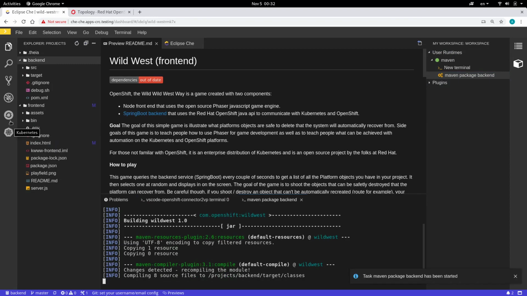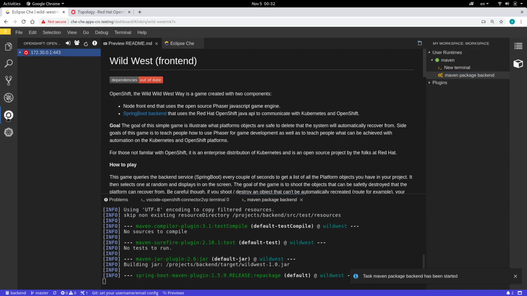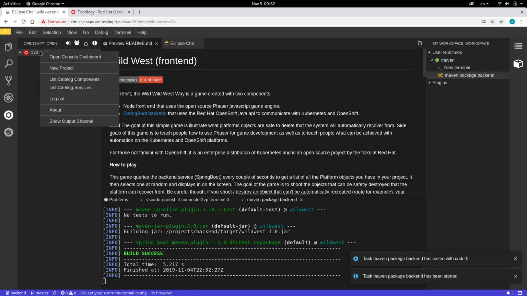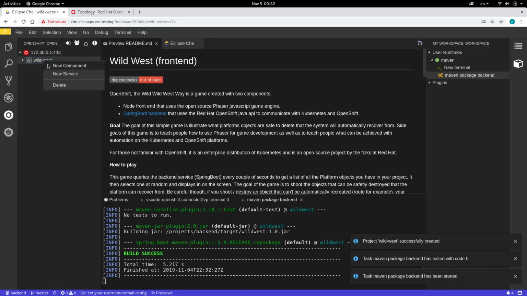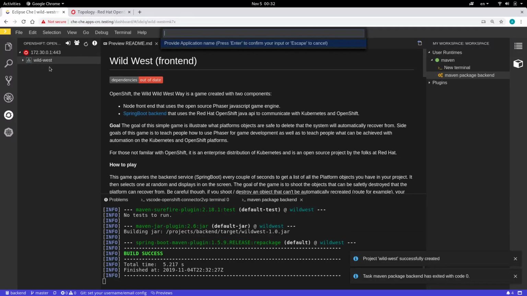And in the meantime we can prepare our OpenShift project using the OpenShift view. Let's create a new project. Name it Wild West, and since our backend is already built, we can create a component for that. Create new OpenShift application, name it Wild West app,